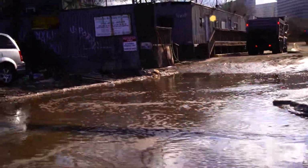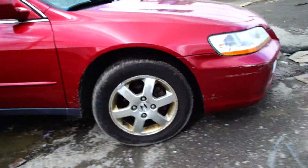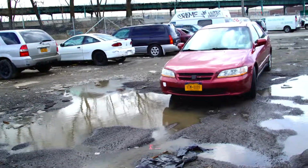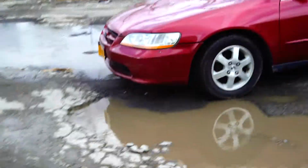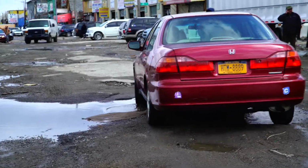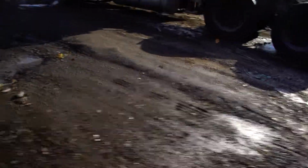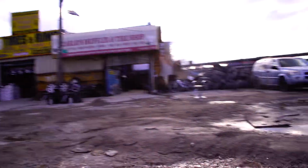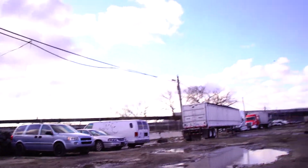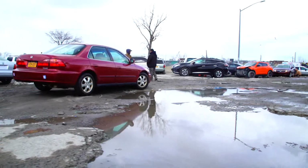The streets here are basically destroyed. This neighborhood is situated on a floodplain, so the city never really bothered to install anything like sewers or piping, and they don't really care about the state of the streets, which is why this car is gonna wobble like crazy. You have to be very careful where you drive, because these aren't just your average everyday potholes. These are gargantuan, your car will sink in them. So